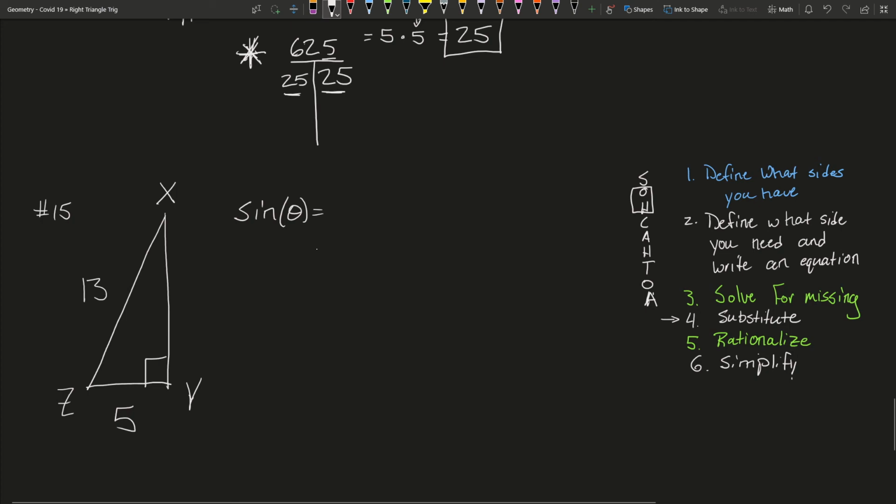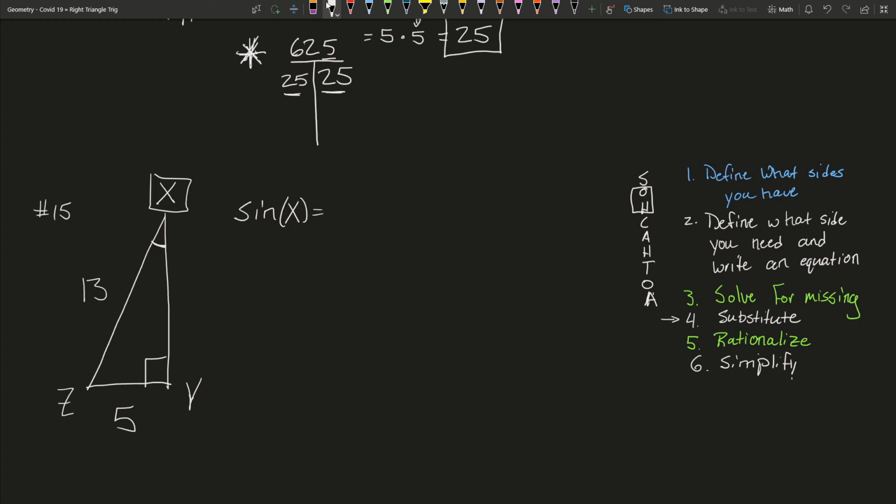Okay. So if we start, and sorry, we're not trying to find the sine of theta, we're trying to find the sine of x. Which is a little bit different, but it's the same idea. So we're dealing with this vertex right here,